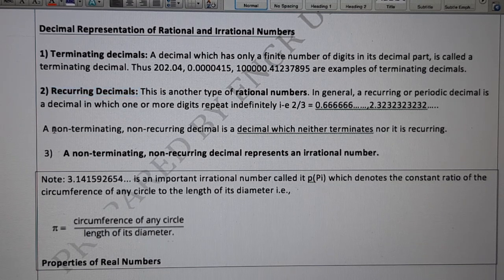What is a non-terminating and non-recurring decimal? Non-terminating means that it is not going to terminate, that is, it is infinite, and non-recurring means that it is not going to repeat again. So a non-terminating and non-recurring decimal is one which neither terminates nor recurs, and that is an example of an irrational number. Take an example of this one,